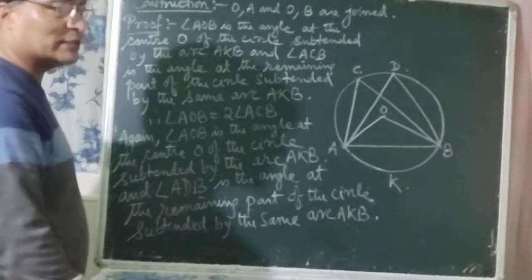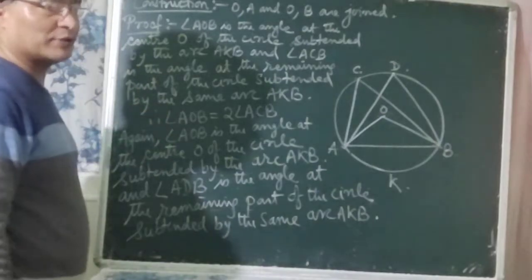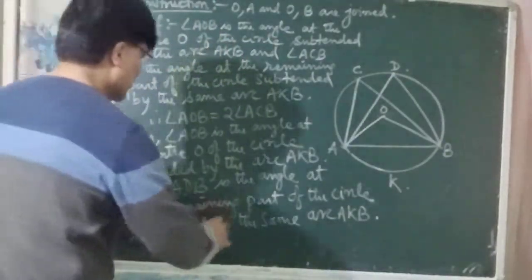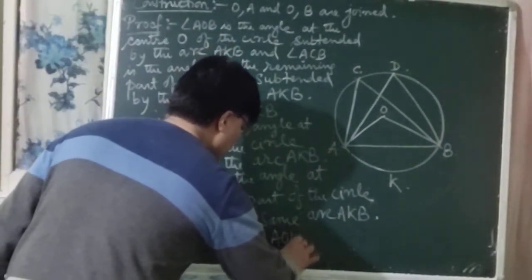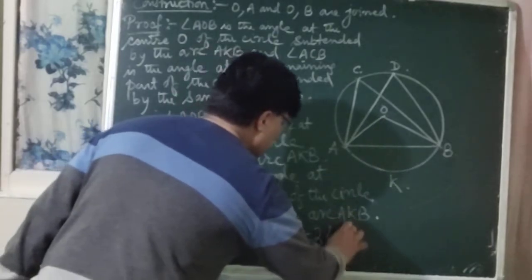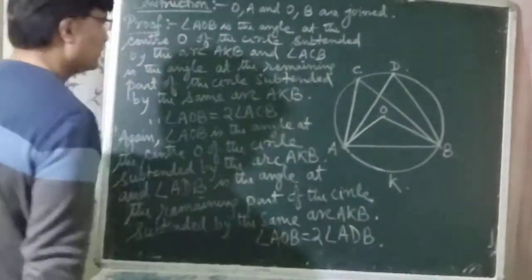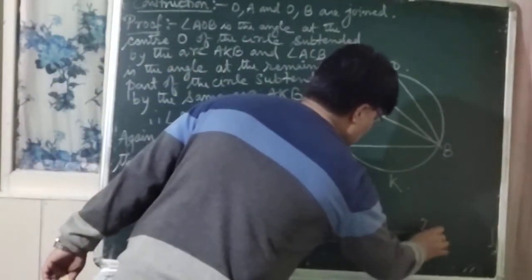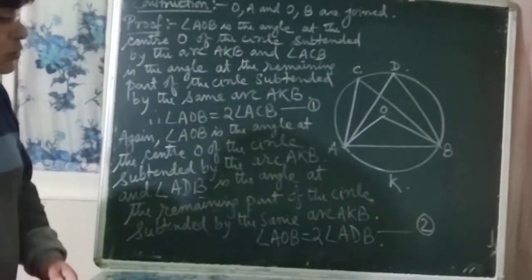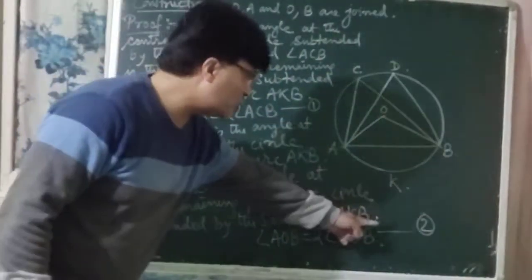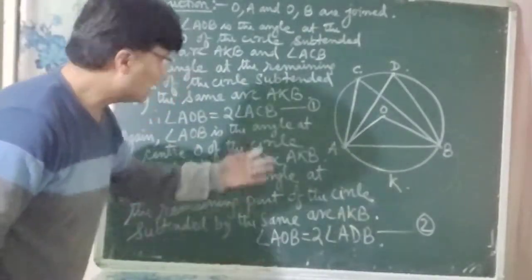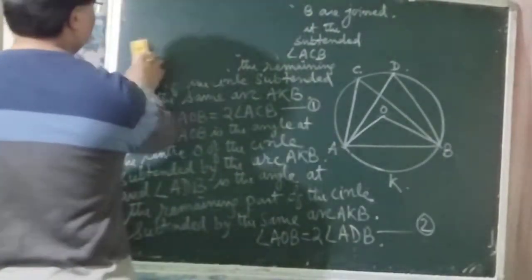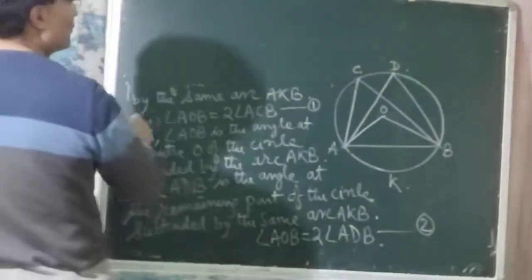So therefore, what can we write here? Again, from previous theorem number 3, we can write down that angle AOB is equal to twice angle ADB. That is, angle AOB is equal to twice angle ADB. Is that clear? So let us mark it number 1 and this as number 2. So from 1 and 2, what can we write? From 1 and 2, these left hand sides are equal, right hand sides must be equal, right? So let us write. So therefore from 1 and 2,